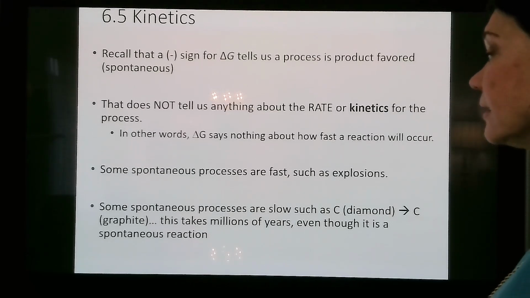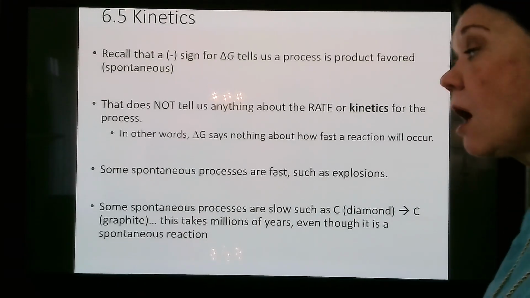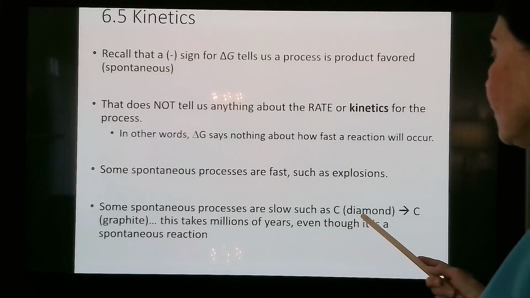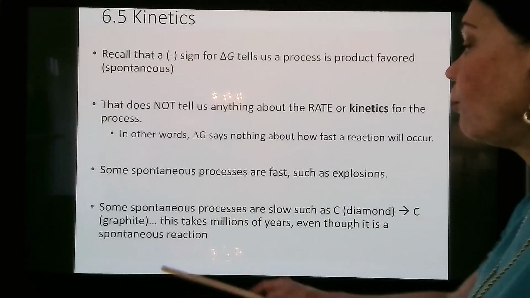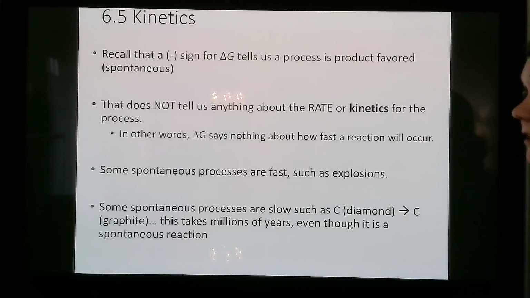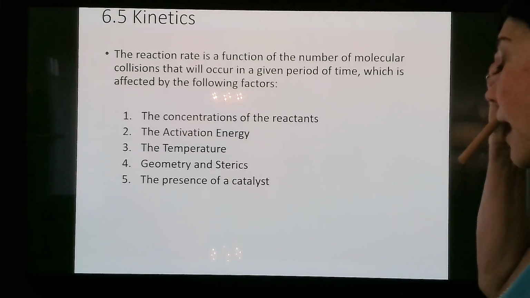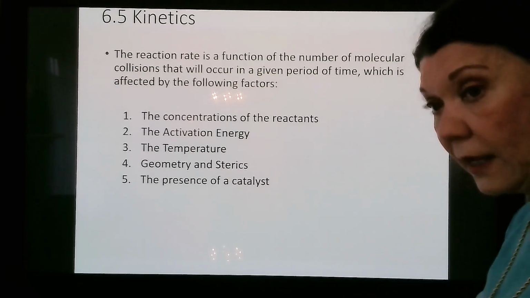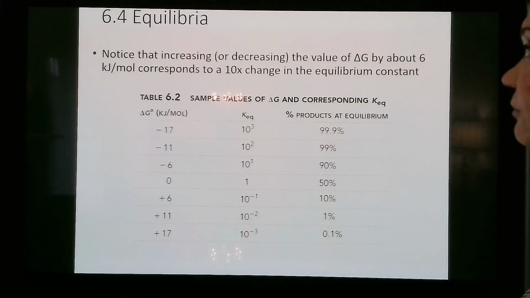Some spontaneous processes are fast, such as explosions, but some of them are really slow. The example that is given is the conversion of carbon in diamond form to carbon in graphite form. Even though it's spontaneous, it takes a long, long time. Notice, we have just switched